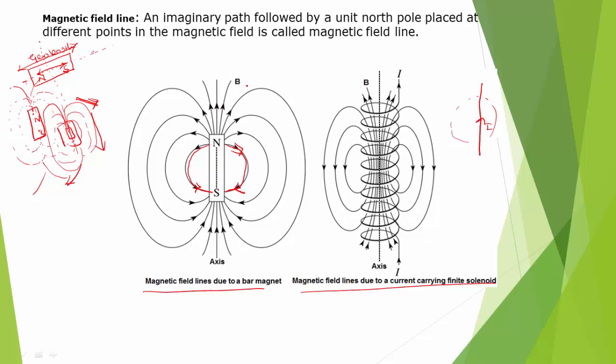This is the first property. Magnetic field lines start their journey from north pole and reach the south pole externally, and south to north internally. And the second property of this magnetic field line is that a tangent drawn at any point on the magnetic field line